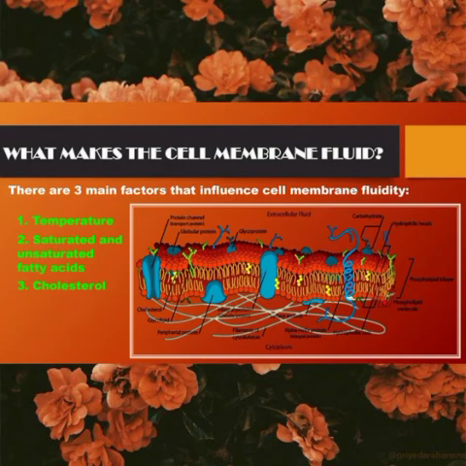These kinks play a role in membrane fluidity because they increase the space between the phospholipids. In addition, the increased space allows certain small molecules such as carbon dioxide and oxygen to cross the membrane quickly and easily. Last one is cholesterol.